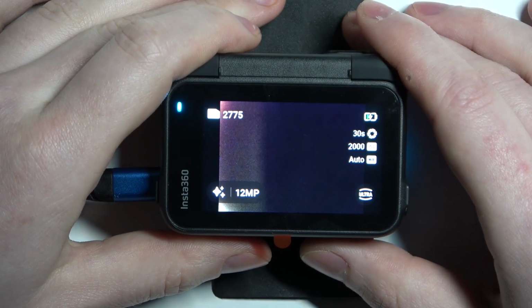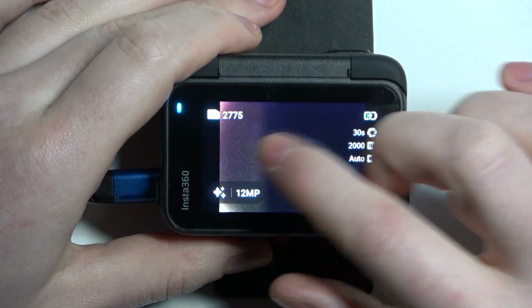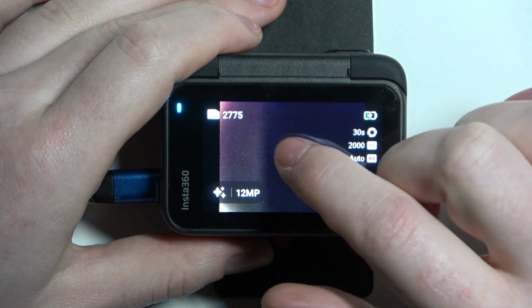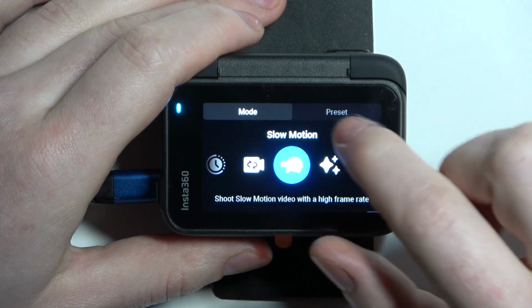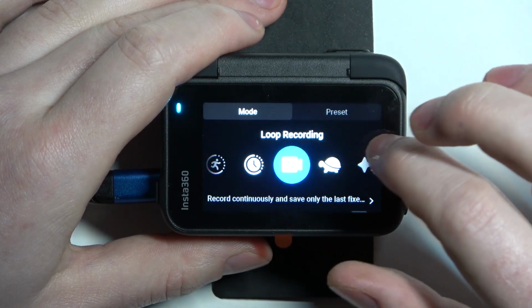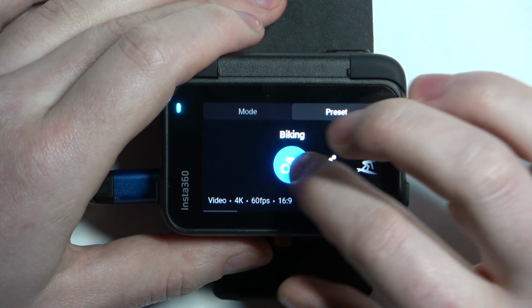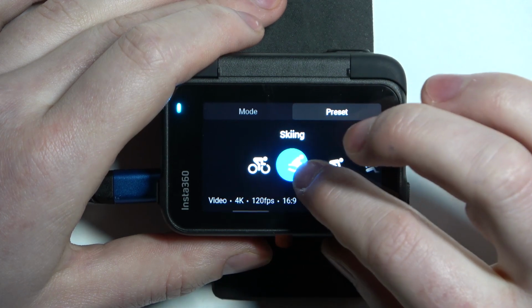To do this, first we'll need to swipe to the right in the middle of our screen. Make sure to do it in the middle, not in the corner. That way you'll be able to enter presets or modes, and now just select the preset that allows you to